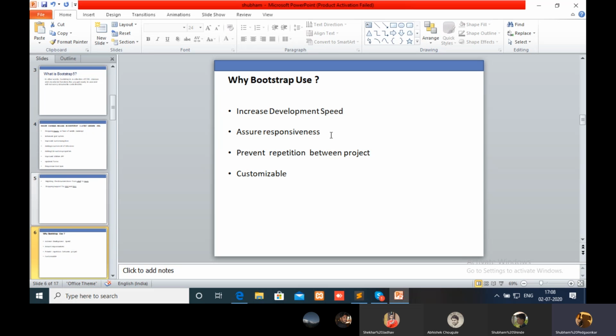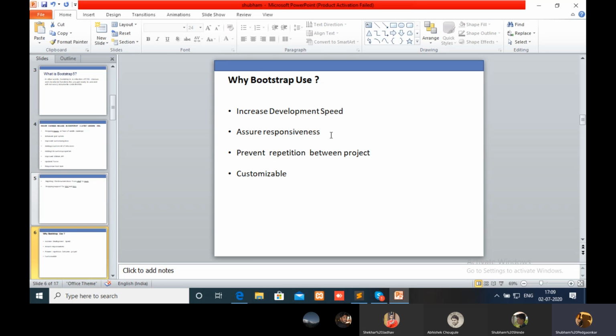Then, what is the use of Bootstrap? It increases the speed of development. For example, a web developer creating a website continuously uses the same CSS and the same JavaScript code, which decreases their speed.